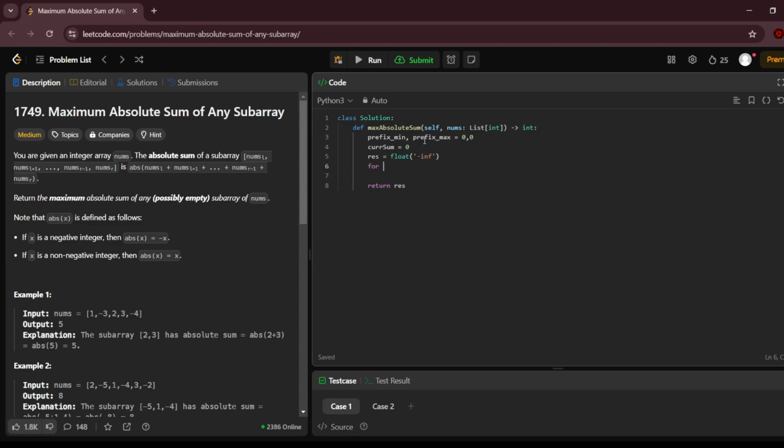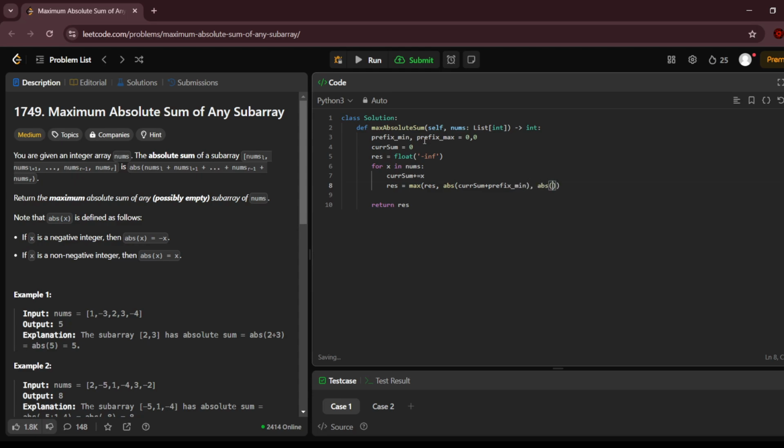Here we iterate through each number, and current sum is going to be equal to current sum plus x, and we check that result is equal to the maximum of result and either absolute of current sum plus prefix min,